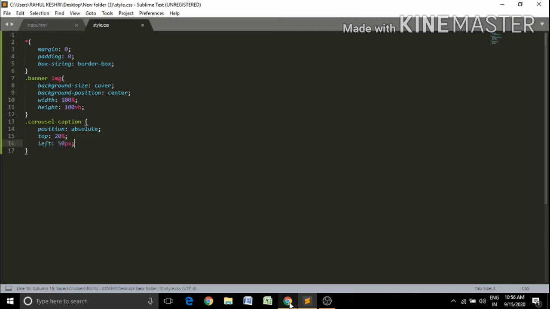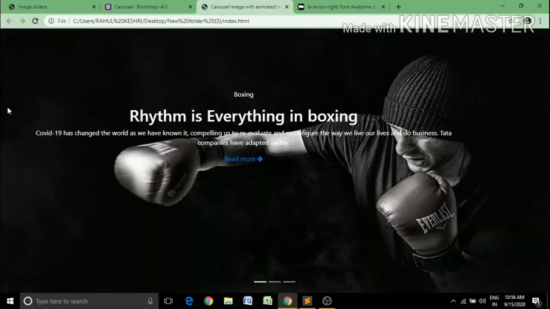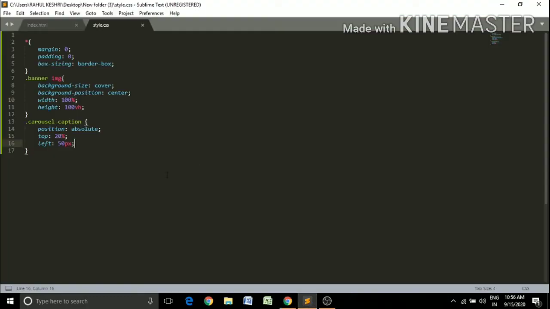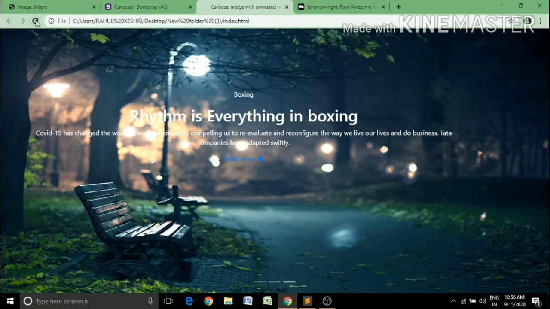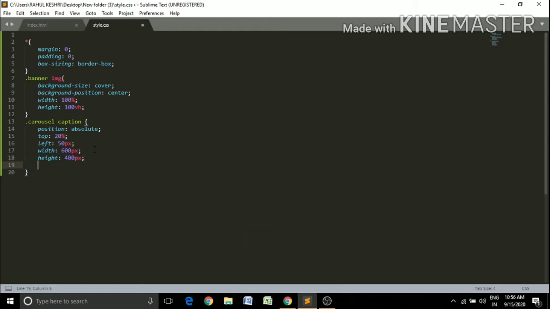Just refresh your page and see that. Let's give width 600 pixel and height 400 pixel. Okay, just give a background color red.